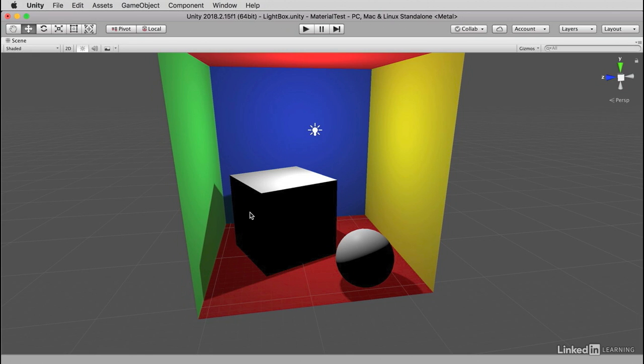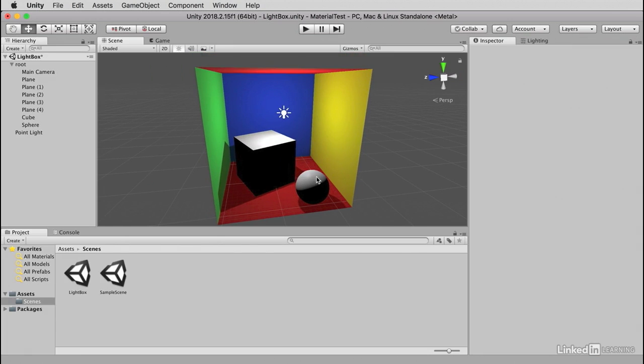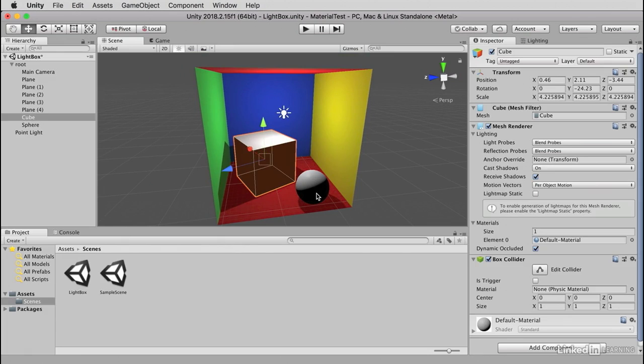According to the principle of energy conservation, the bounce light can never give off more light than the original direct illumination. But still, the indirect illumination can be intense enough so that the surfaces facing away from the light should not appear completely black. To fix this problem in this instance, I'm going to select the cube and select the